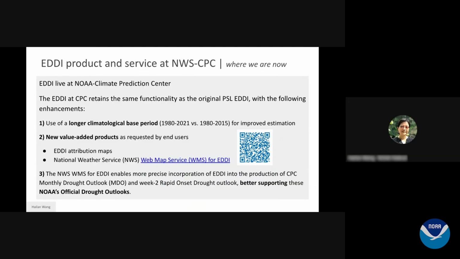So this is Helen Wang from NOAA Climate Prediction Center, which is also called CPC. And at CPC, I serve as a drought research lead. And for this collaboration between PSL and CPC over the past 3+ years on this operational transition of EDDI that Mike has mentioned, I also serve as the CPC point of contact. So Mike has just provided a really nice summary of this R2O, which is short for Research to Operations. So regarding EDDI from PSL to CPC.